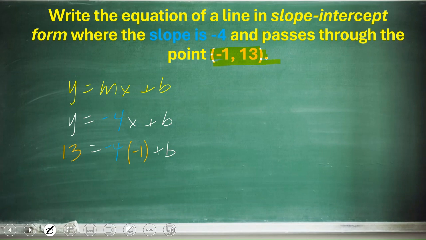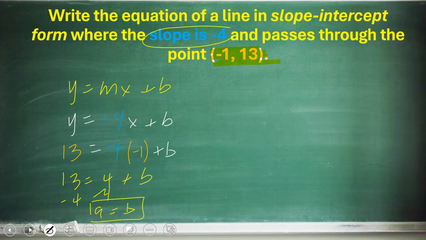So when I do that, I get 13 equals -4 times -1, which is 4, plus b. So I'm going to subtract 4 from both sides, and b equals 9. Okay, so now I know my slope, which is -4. I know my y-intercept, which is b. So really, I could just take this equation here and just substitute b in, and that's what I'm going to